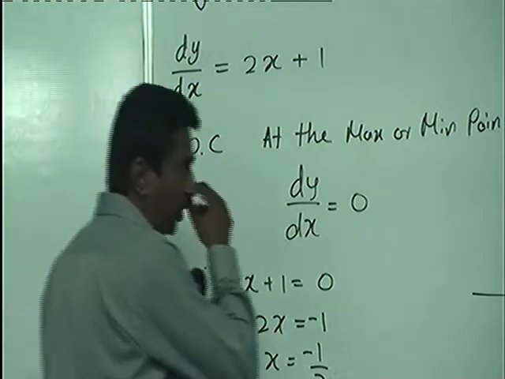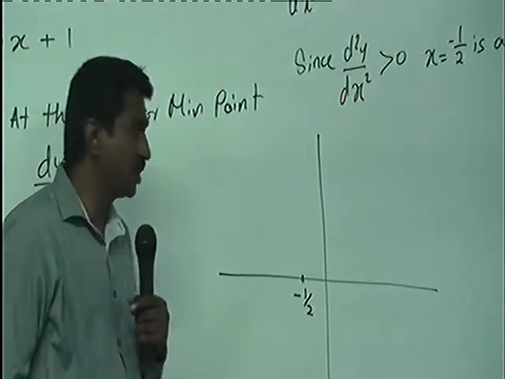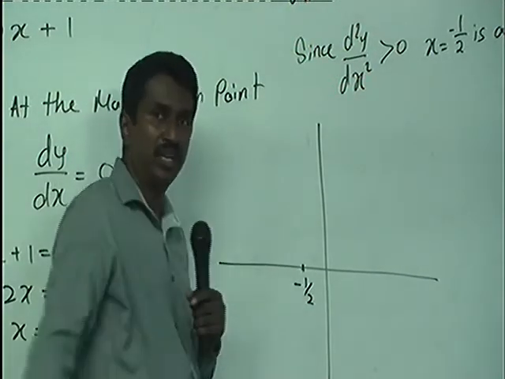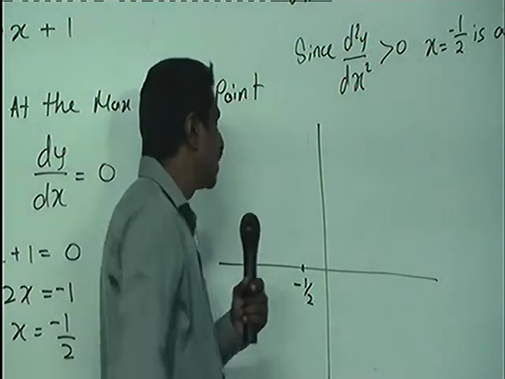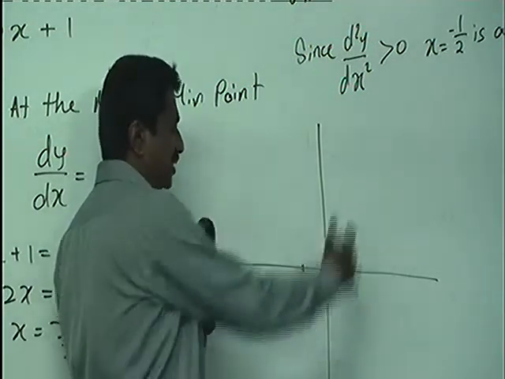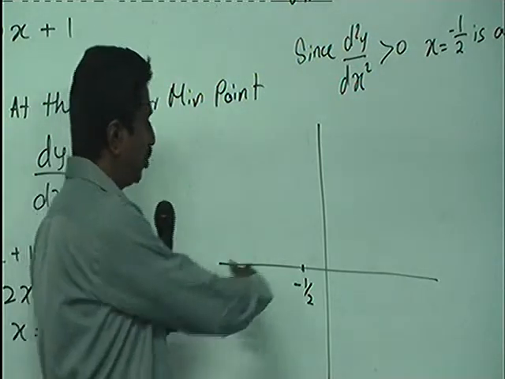So we already calculated x equals minus half. This is not a practical example, that's why you got minus half. In a practical question, you will never get minus half for the quantity. It's not valid. So in a practical question, you will get a plus value. For a theoretical question, I got the minus half.